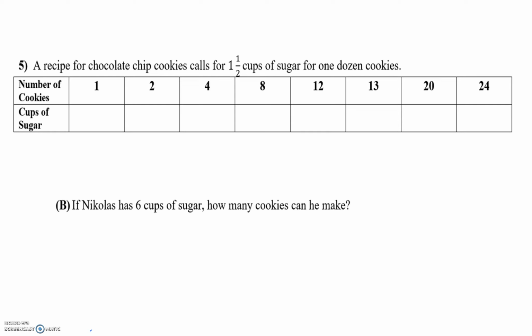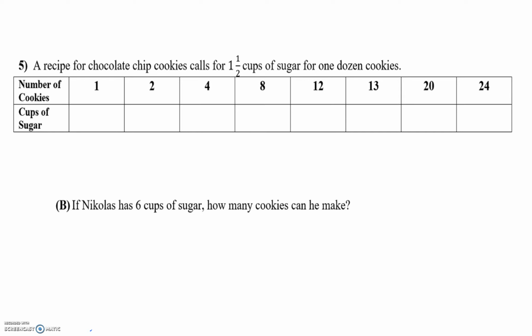Alright, so in this video we're going to be working on question 5 on ratios and proportions number 3. This is a continuation of the other two videos regarding ratios and proportions number 3, so please watch those two videos first. Alright, so number 5, a recipe for chocolate chip cookies calls for 1.5 cups of sugar for 1